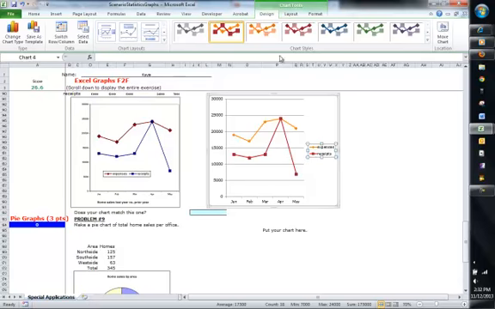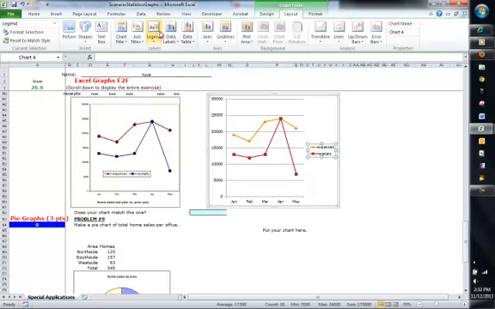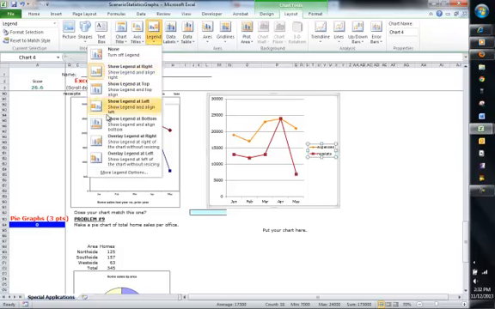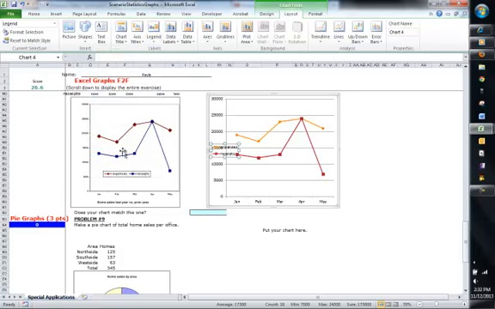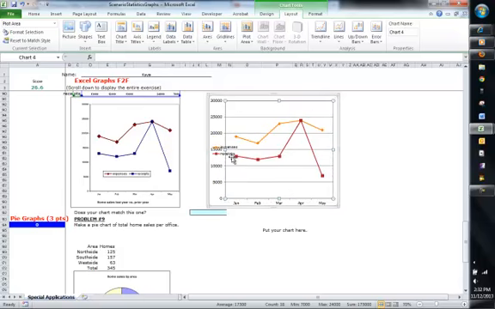Okay, now it says the legend. We want the legend to be in the chart. Overlay legend at the left. I don't like that. Let's put the legend down here so it's out of the way of our chart. Now I'm going to make it so that it looks like the one there. Okay. Then we have